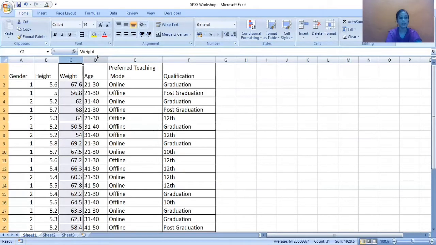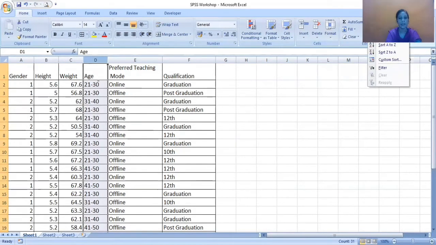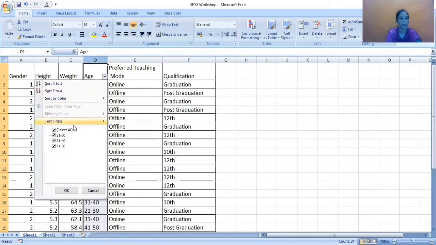Here you can just select this age column, and as I don't know how many categories there are in the age, what I need to do is go to the Sort and Filter option here in the menu, and then press Filter. After doing this, you can see a drop down arrow come on the age column. Now you just need to click on this drop down arrow, and with this we can find how many categories there are in the age variable.